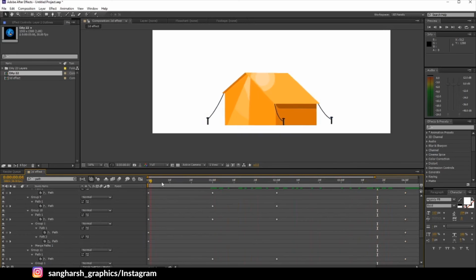Yeah, as you can see it's looping, rotating, again coming back.